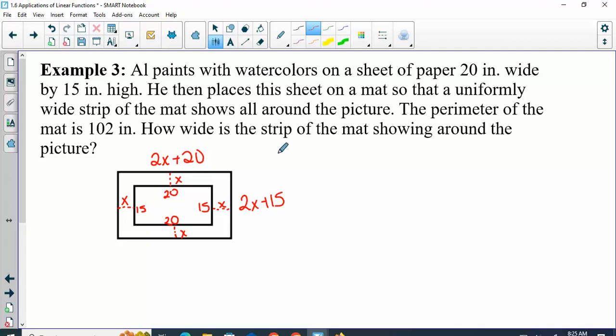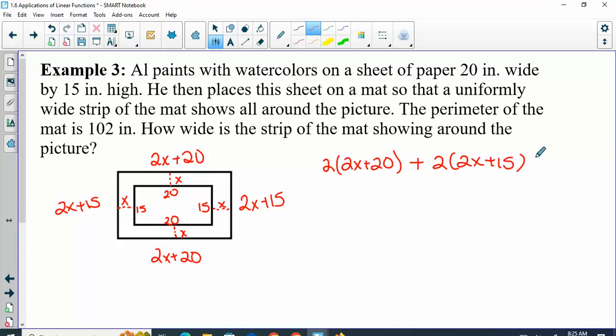So now I need the perimeter. So I can't just say it's times 4 this time because it's not a square. But we know we have two sides that have a length of 2x plus 20. And we have two sides with a length of 2x plus 15. So that would give me all four sides, and that equals the perimeter of 102. So now if we distribute,